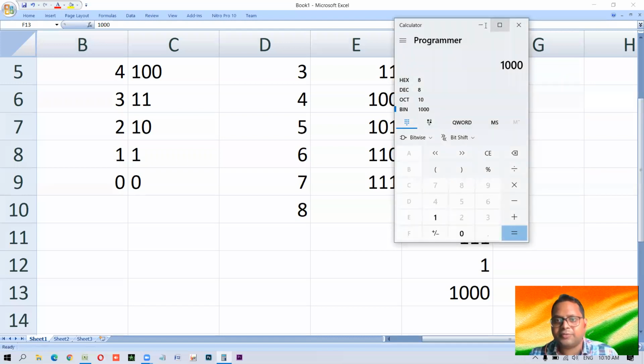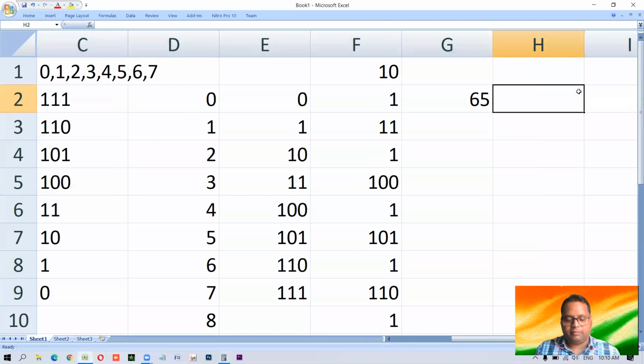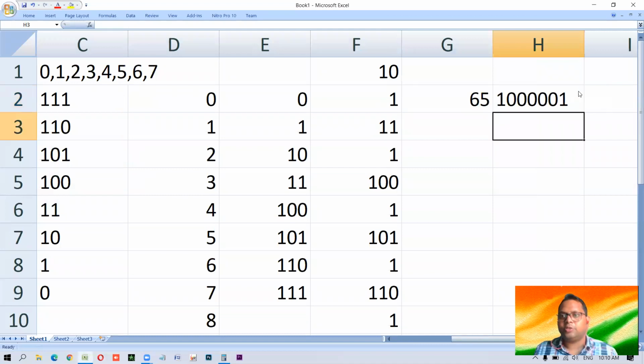So dear students, we have seen various ways of converting a given number to this, and adding, and how we can derive the next number. Okay, suppose 65. Okay, what is the 65? So 65 is the, let us find it using the formula, that is dec to bin. Give this number. So this is the 65. Now what will be 66? So we can add 1 to it and get 66.